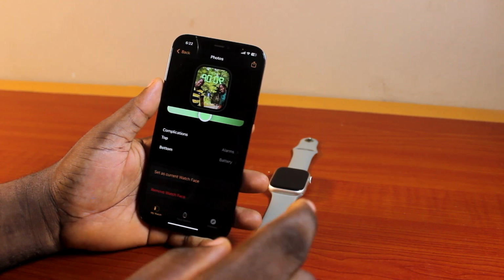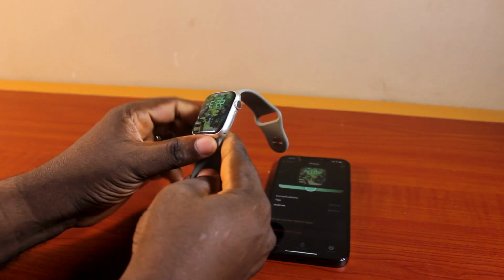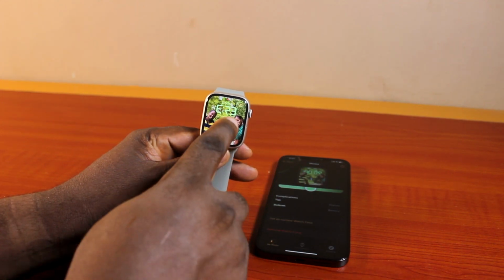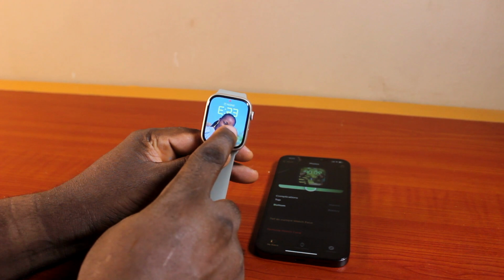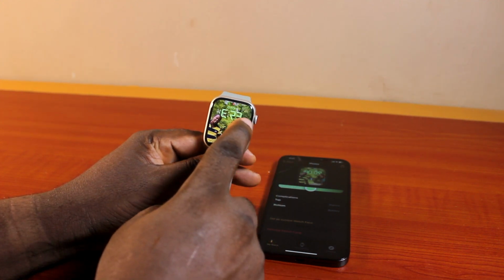So once you select set as current watch face, go ahead and grab your Apple Watch. Then you should see your watch face like this. Click on it. You see that? So that's exactly how to set multiple photos as watch face